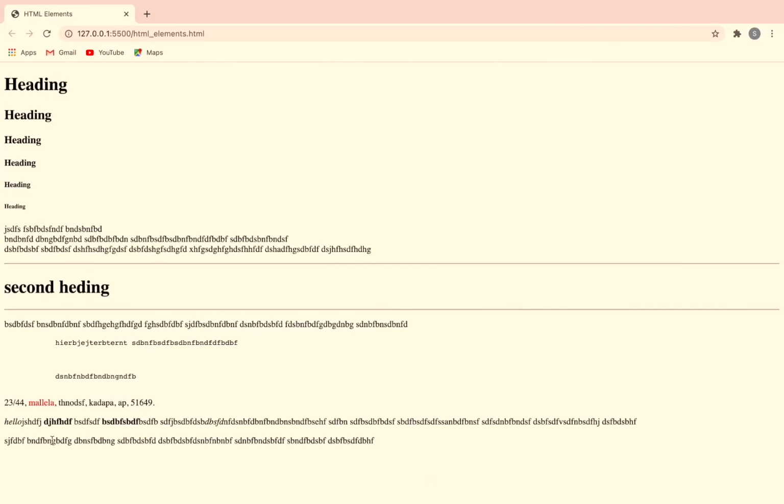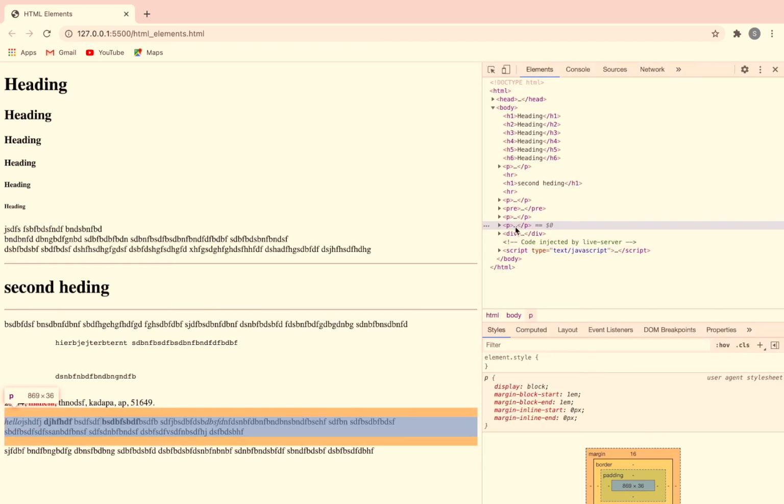Here it is coming. So what is the difference between paragraph and div? If you want to write any paragraph, you will use the paragraph element. For a paragraph, the browser will give space on top and bottom automatically. But for the div, it will not give any space before and after. I will show you.